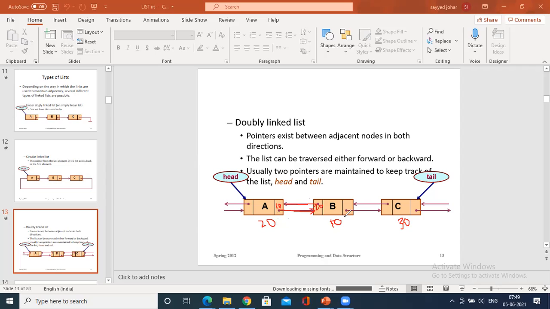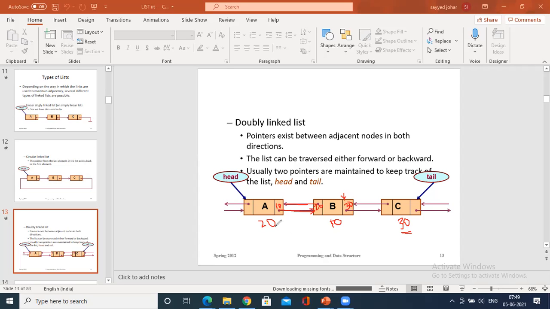Similarly, B on the right hand side shows an address. Whose address is it connected to? It is connected to the address of C. How do I come to know? Since there is a connectivity, right? When I say 30, go to house number 30. Where is house number 30? Here you have house number 30. See, try to understand. Address is not a pointer to a variable. You think of it as if it is a house only.